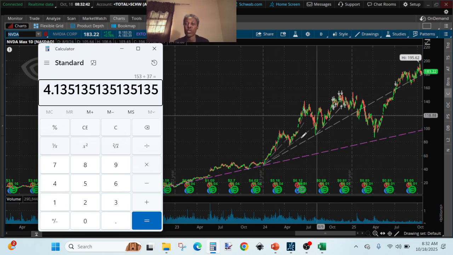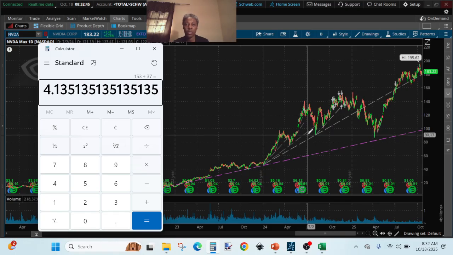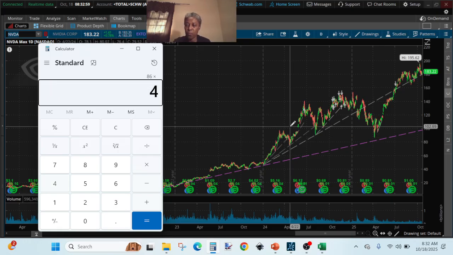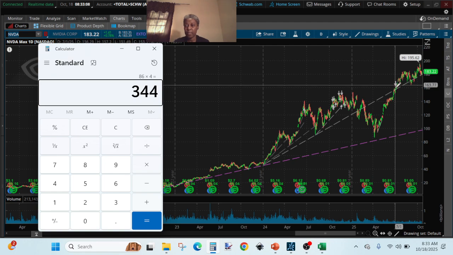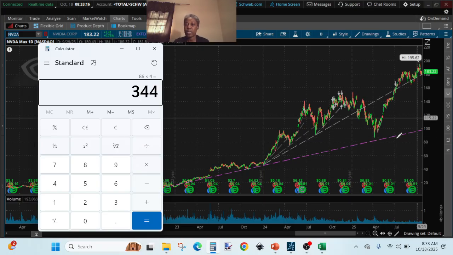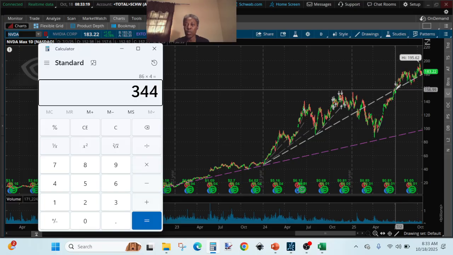So if it's going to repeat that circle again, which you are not sure, but you are assuming it's going to repeat that pattern, then we'll use 4 for instance, and the lowest point here is 86. We can use 86 times 4, which gives you 344. But then we can decide that, well, when it reaches the highest point from this going up, starting a new circle from here, when you reach the new highest price,